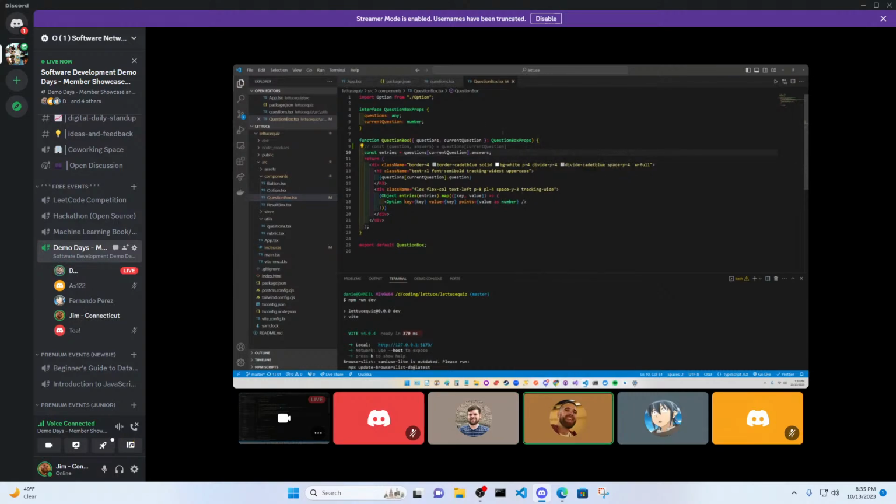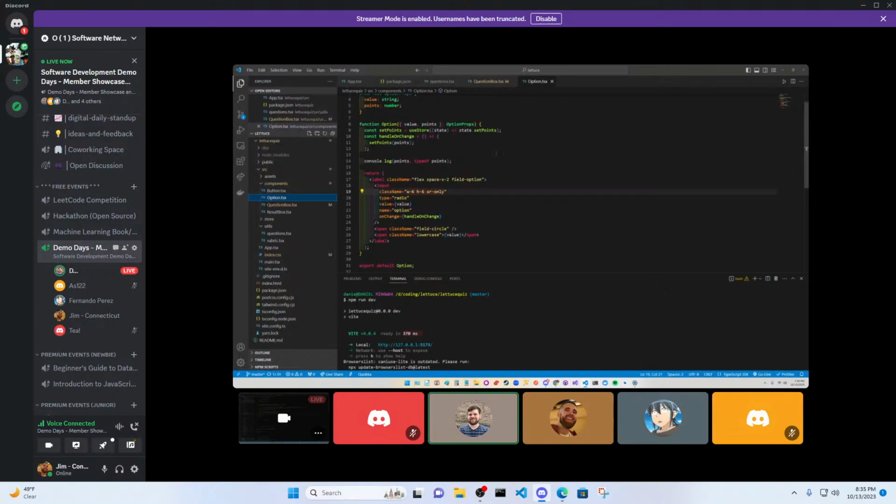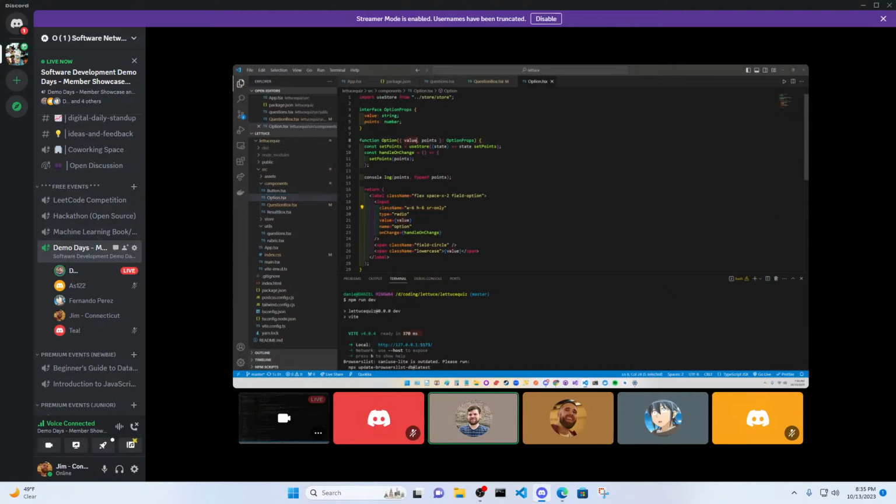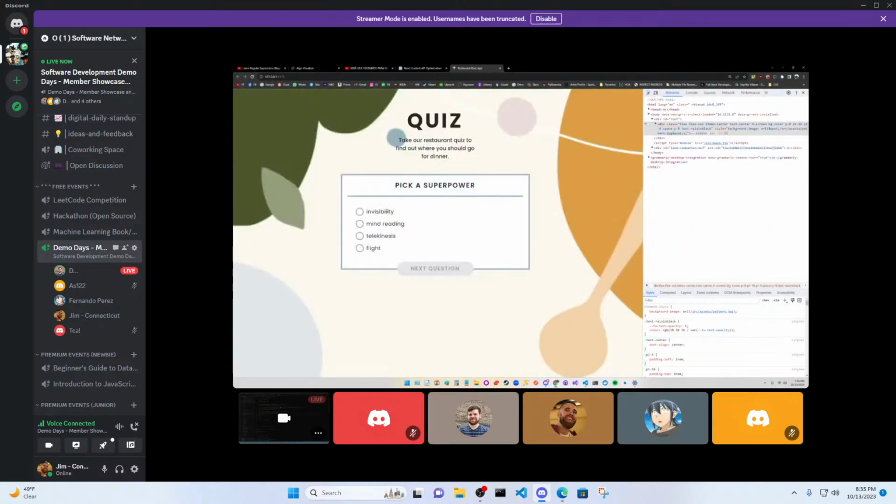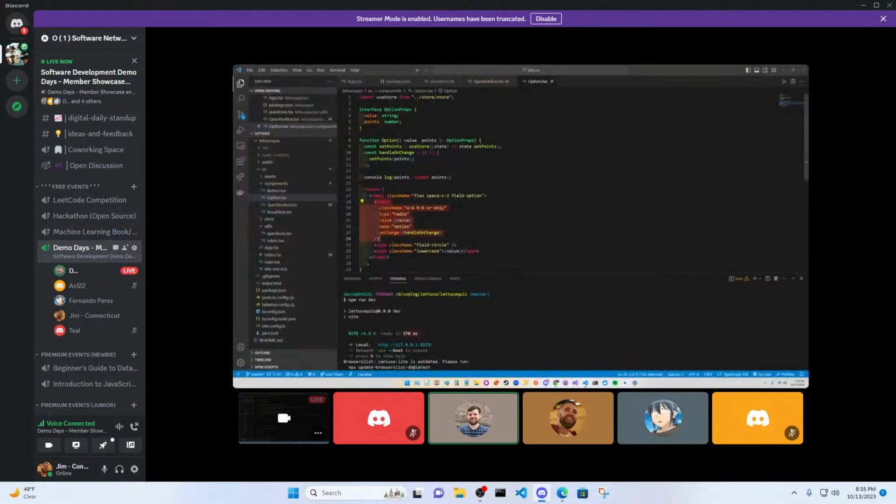Pretty cool. Pretty nice. So you have the option component, right? Let's see how it looks. You see, there's a value and points. So this is an input, right? Each one of these is the input. The type is radio. Here is the tailwind class. So it is a width of 6, height of 6, and